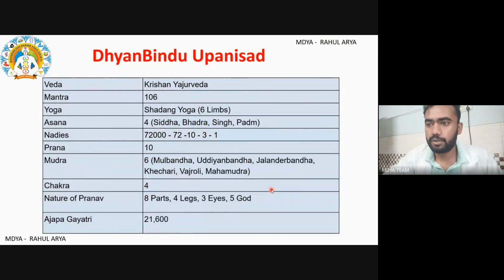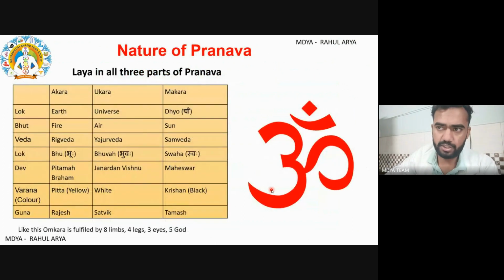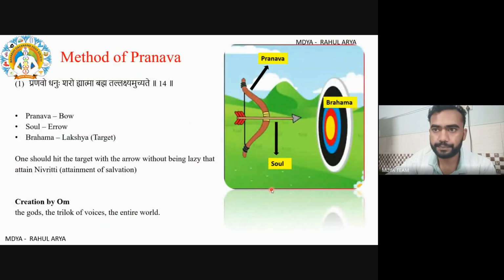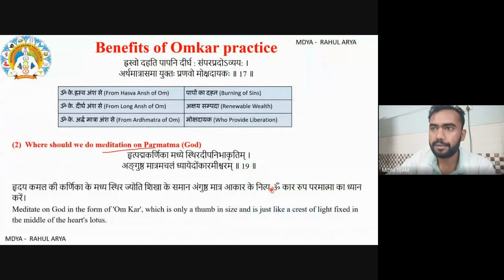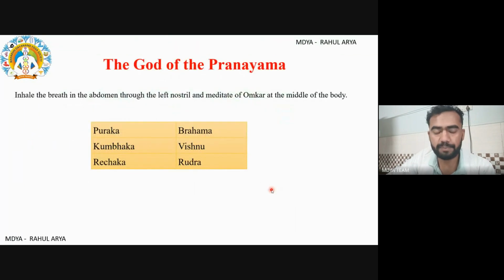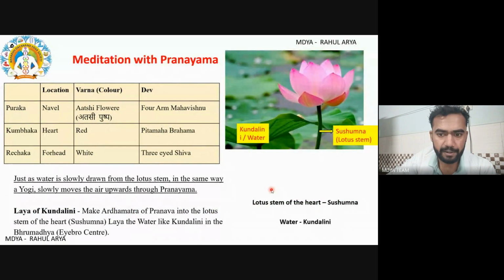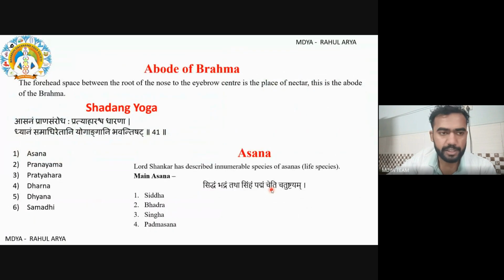In this Upanishad introduction, we have already discussed the importance of Dhyana Yoga, nature of the Pranav, 8 limbs of Omkara, 4 legs of Omkara, 5 Gods of Omkara, 3 eyes of Omkara, and who is the real Brahman, method of Pranav, benefits of Omkara practice, and where should we do meditation of own God, the God of the pranayama, nature of the heart lotus, meditation with pranayam, the location of the Brahma,